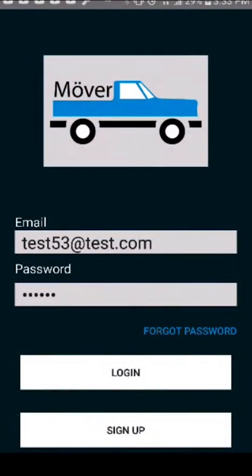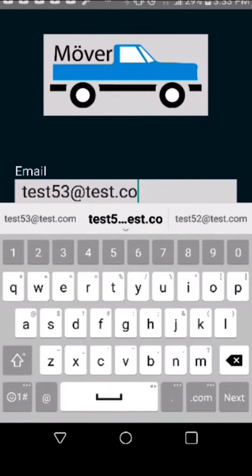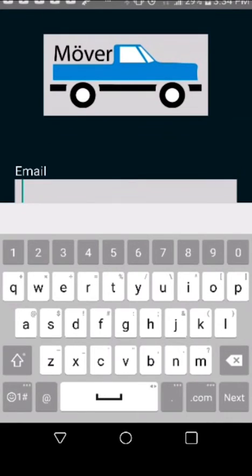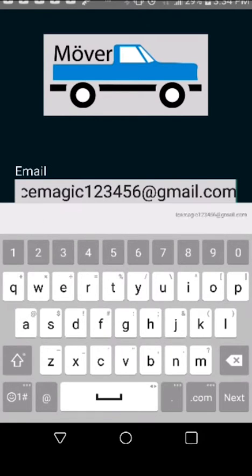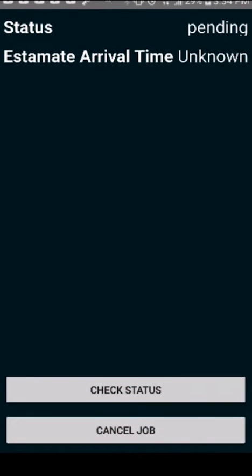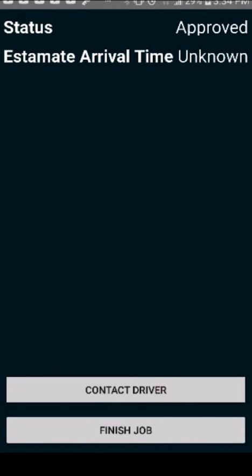So I can quickly showcase that here. It's because the driver needs some information before he can see the job. So we do, let's see, grab this one, but it's this. So it brings us up to here. They can check status. I forgot to change the button when that is pressed,